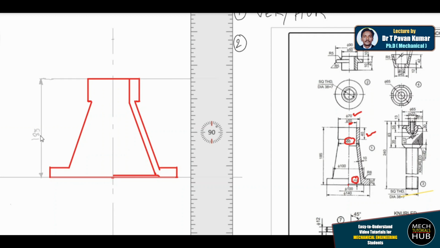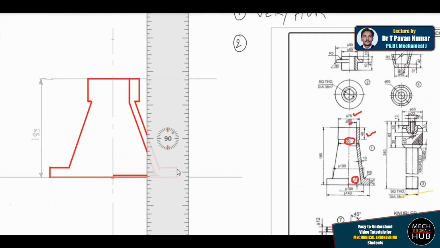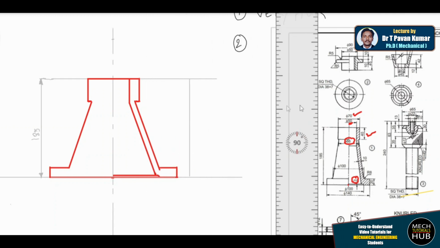185, something like this. Similarly, just draw a line passing through top to bottom and try to split the line. Here it is up to this point. This is called the alignment of dimensions. So I'm making use of the height, the complete height, and here,